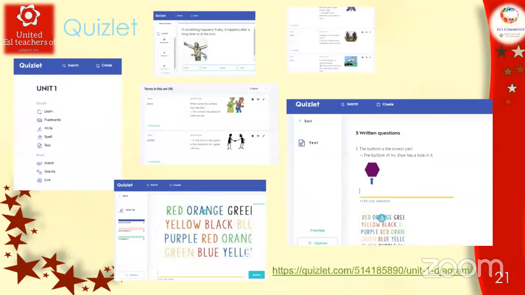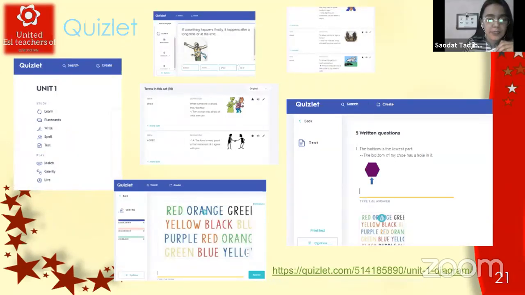Thank you very much. So here is another practical tool, which we name Quizlet. When you are in a challenging situation with the explanation of words, you may easily use Quizlet as your assistant. On the left side of it, you may see the unit, which I have already created for my classroom. When you go to the steps which are given on the left side, you may easily follow the